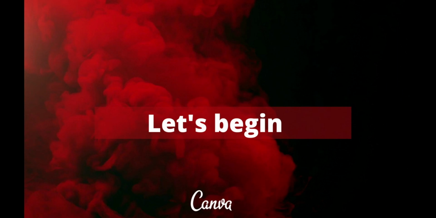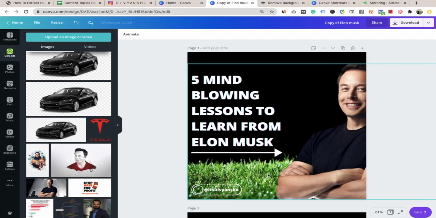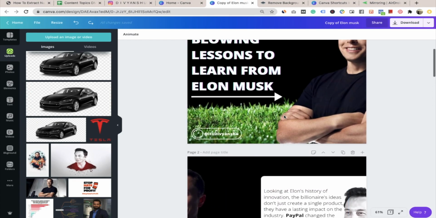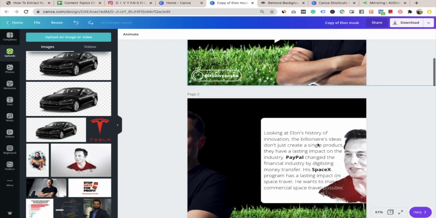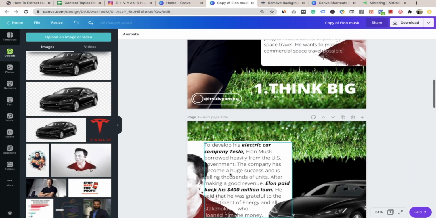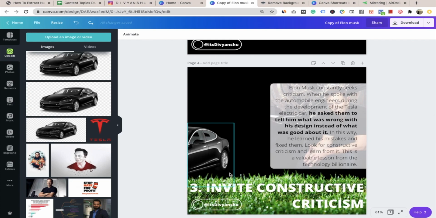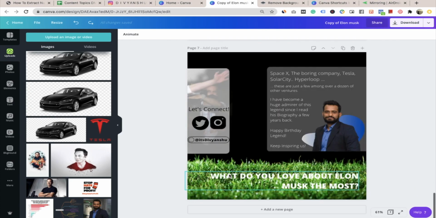So all you need to do is just log into your Canva account and open your canvas. Okay, so this is the image template that you can see. This is where I have created it. This is how I set all these details, but do not worry, I am going to show you the steps from scratch. So what all you need, you just need a Canva account, whether it is free